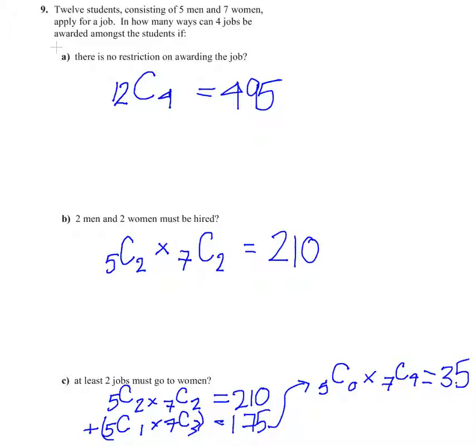So we're going to add all of these up because these are different options. So in the end we have 210 plus 175 plus 35